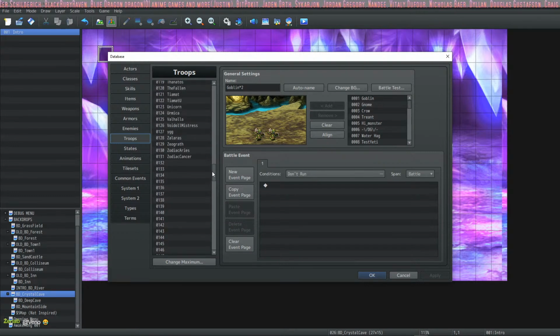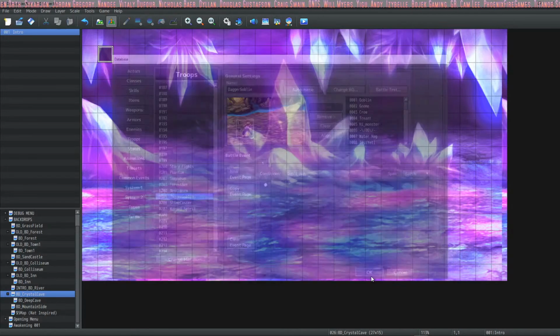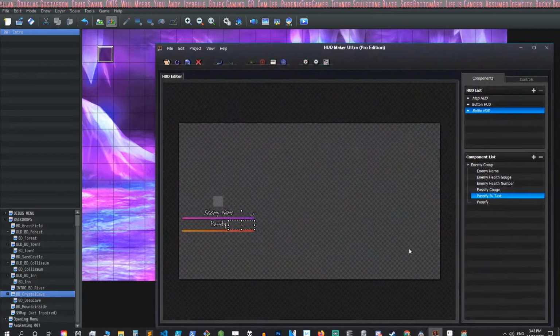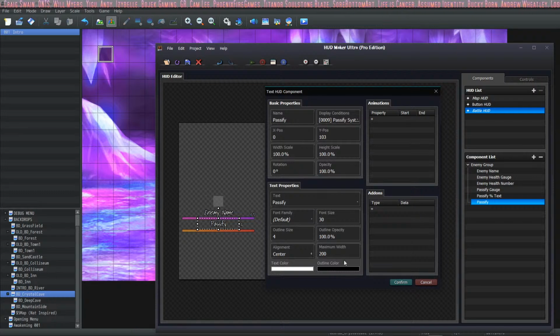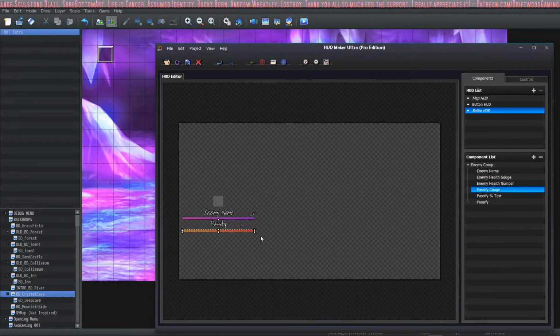But I'm like, do I want to have it for the whole encounter? Or do I want to have it per creature? And I thought, you know what? It'd be easier to just set it up so that it handles... Remove this guy. It handles the pacify bar for the entire encounter. So you have to calm down the entire encounter. But I was using the HUD maker for that. And so I've got text here, and then this bar is looking at two variables. I'm using variable 32, 33 for pacify HP and pacify max HP, and then if their HP goes down, blah blah blah, you can chill the battle out.